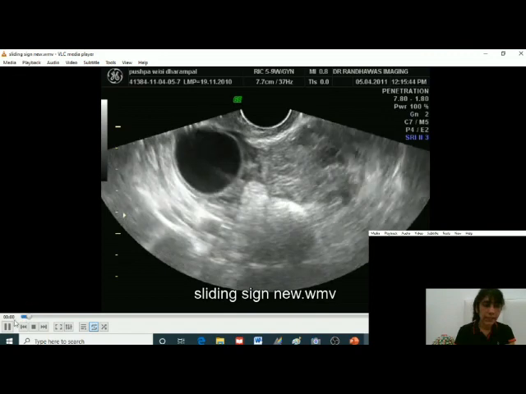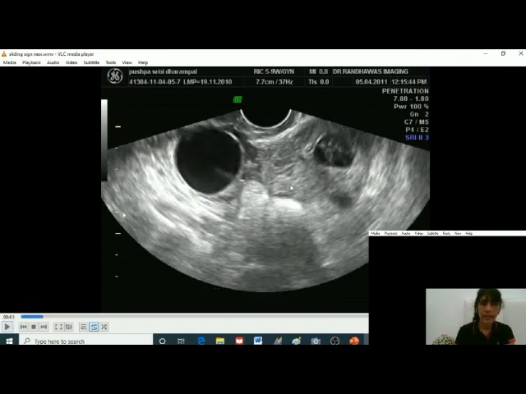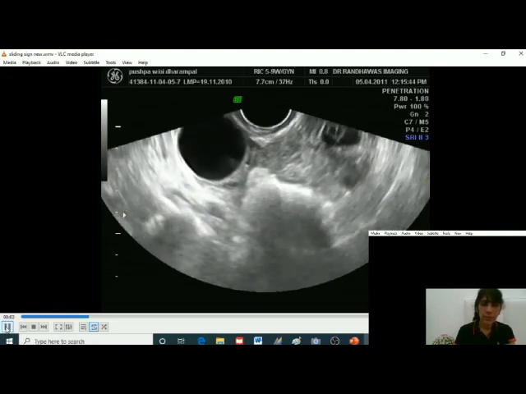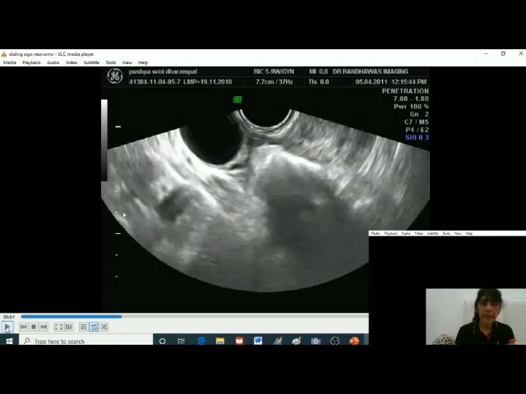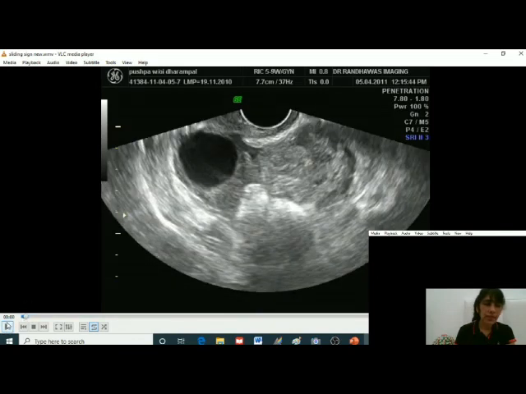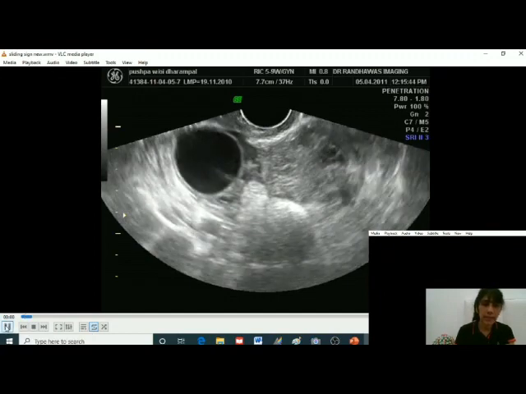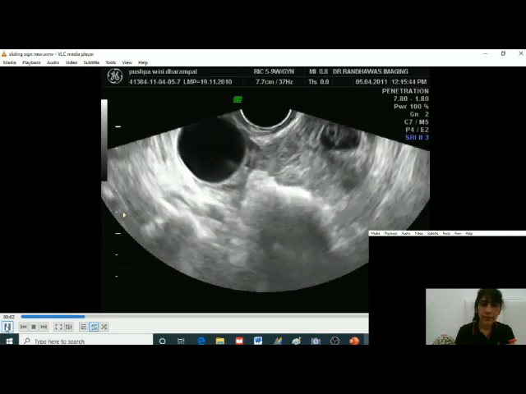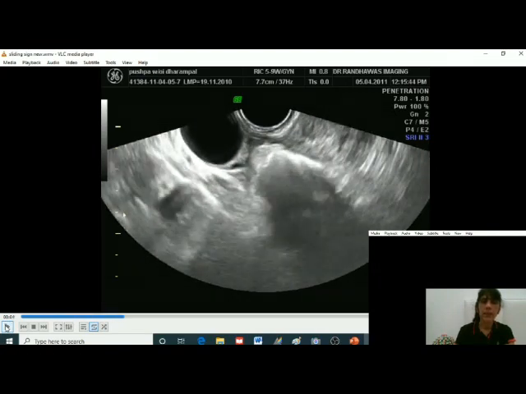You can see the two areas again. There's a big cystic mass and then there's this complex area. Now whether these two are attached or separate, for that I have put the TV probe and I'll slowly push the TV probe between the two areas and see. I can easily separate them as I push with the TV probe, and you can see the two areas have moved away from each other. I have been able to push this bowel loop between the two areas. See again. The two areas have gone away from each other.